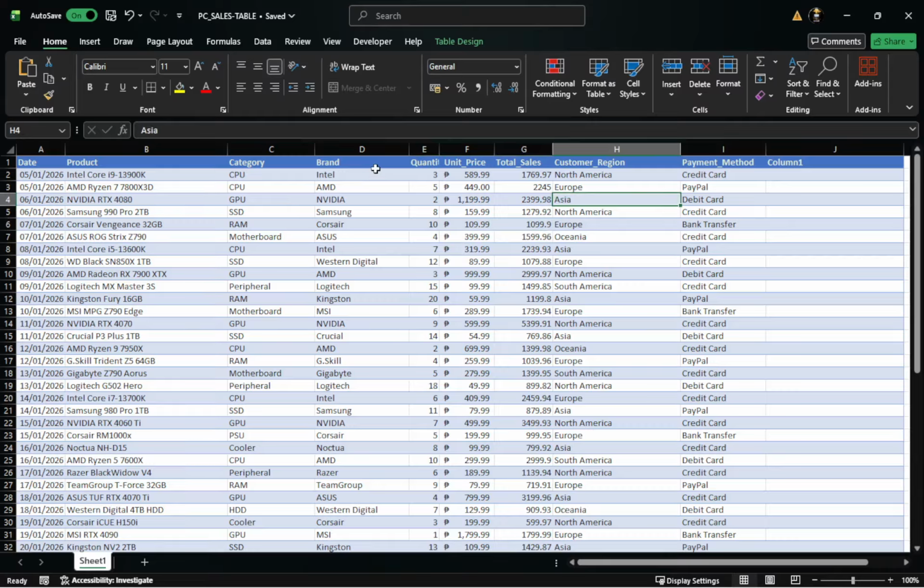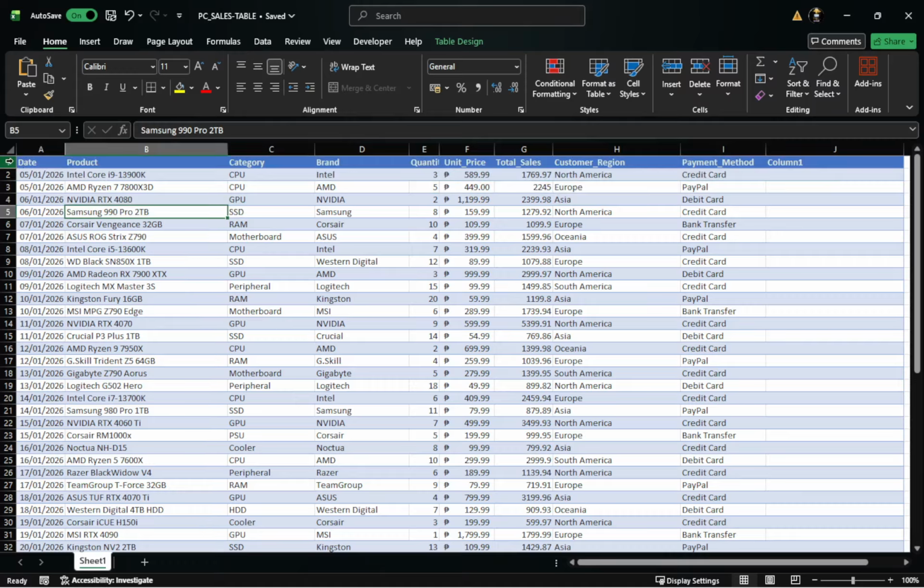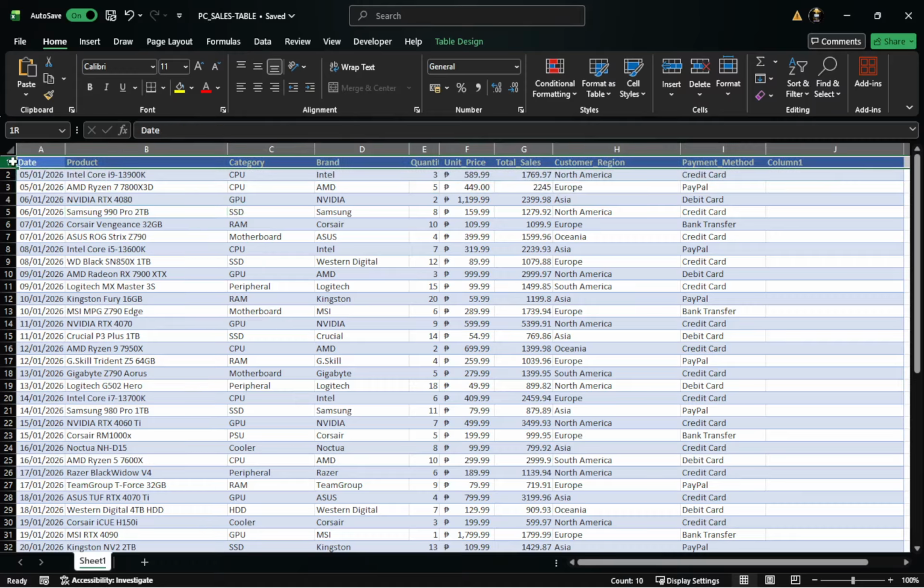Now select any cell within your data range, or if you prefer, select the entire range. Clicking inside the data block is usually enough, as Excel will detect the surrounding cells as one table. A quick tip here: avoid selecting a total row at the very bottom, because totals can also be hidden when filters are applied. From there, go to the Data tab.